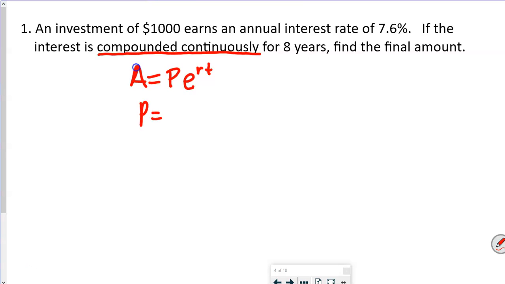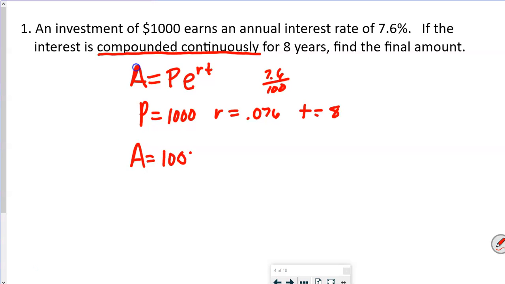P is our principal amount. That's what we start with. Our rate of interest is going to be 0.076, because remember we take 7.6 and divide it by 100. And then T is 8 years. So now we're going to put these into our formula, 1,000, and remember, this is that e that's on your calculator, times e to the 0.076 times 8 up here. And when we put that in our calculator, what we get is